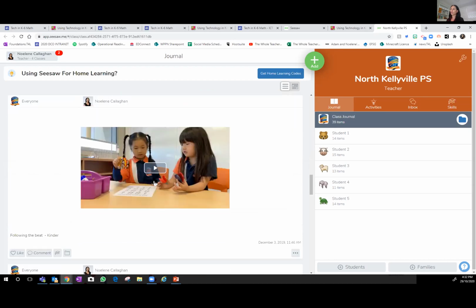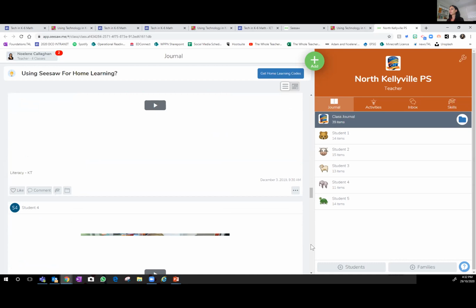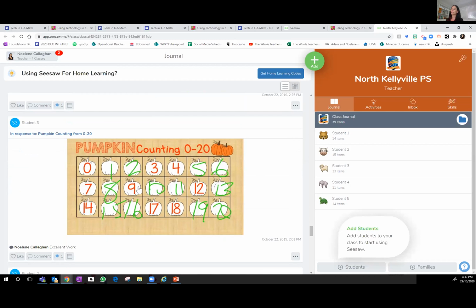So here we've got an activity. It was a maths and music activity. They had to create a pattern with beats and perform that. And it goes on. What I want to show you here, though, I'll just scroll down a bit more, is that these are the lessons that are built in. So this is an activity that was built in within SeeSaw. The students just had to complete it, and this was done on an iPad. They used their finger to write the numbers in, so they didn't have anything fancy. And as a teacher, I was able to come in and comment on their work, and the students would